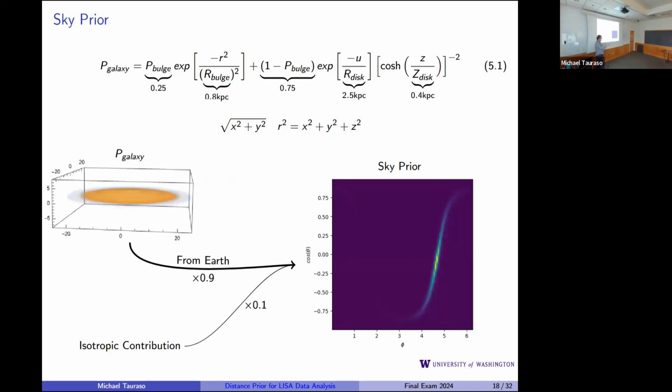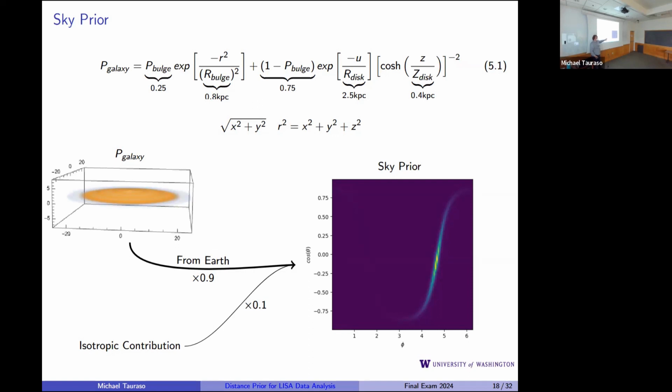So in addition to proposals, we have to come up with actually a prior on distance. I'm going to start by talking about what the prior was on sky location, because actually there's a galaxy model just embedded right in it. So we start with a bulge and disk model of the galaxy that is up top, this P galaxy, and if you graph it in log space, it looks like that. You can almost see the bulge if you look really close, but it's a log plot, which kind of hides it. So this gets projected onto Earth's sky,